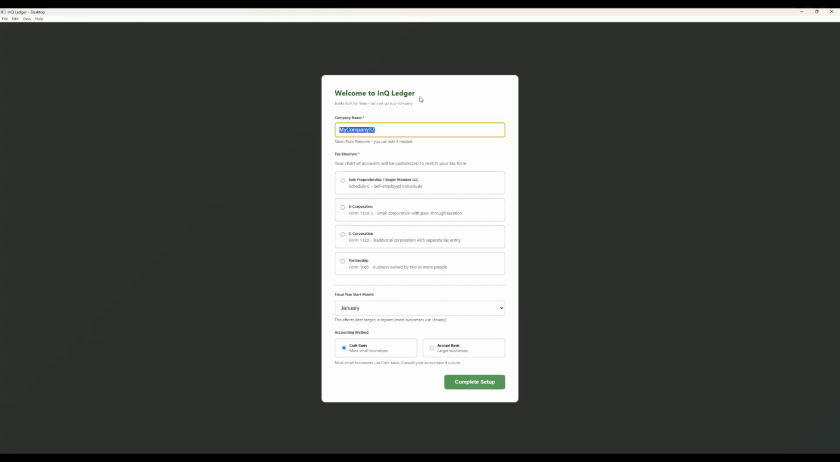Now, once you click to create your company, the company name will stay there, and then you can select the tax structure: sole proprietor, single member LLC, S Corp, C Corp, partnership. We haven't built nonprofits in yet, but that is coming. You can select your fiscal year start month, which with us, we're going to do an S Corp, so that